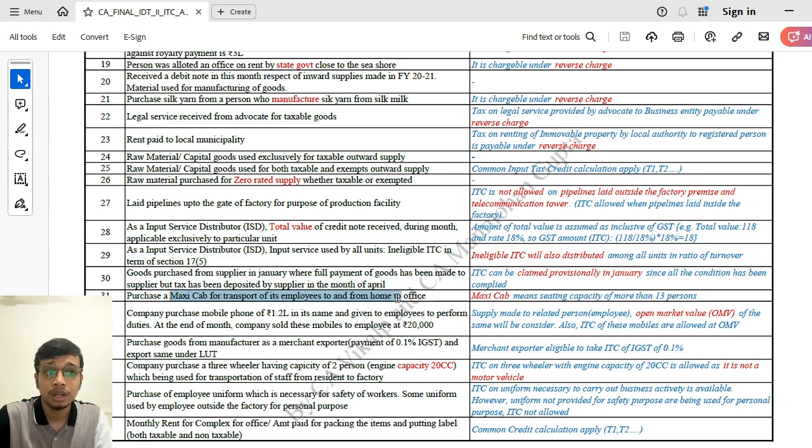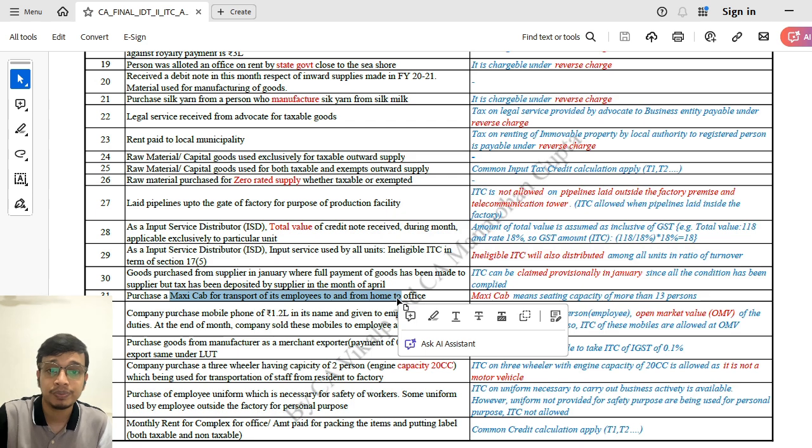नेक्स्ट, परचेज ए मैक्सी कैब फॉर ट्रांसपोर्टेशन ऑफ एम्प्लॉय टू एंड फ्रॉम ऑफिस टू होम। सो इन केस ऑफ मैक्सी कैब, आपको मैक्सी कैब की मीनिंग पता होनी चाहिए, विच इज सिटिंग कैपेसिटी मोर देन 13 पैसेंजर, सो वी कैन क्लेम आईटीसी फॉर सच कैब।